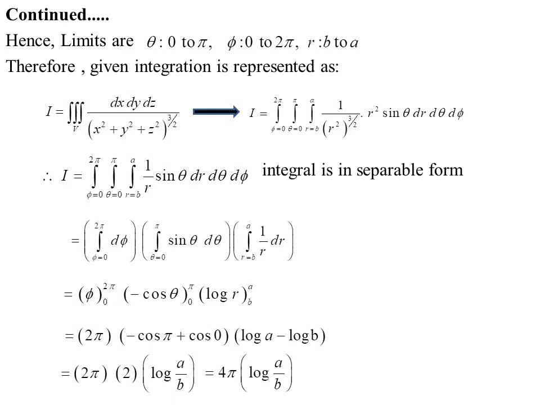So if you are observing, after conversion into spherical polar coordinates, the triple integration becomes quite simple, and we can immediately answer it. So whenever possible, try to simplify your triple integration in terms of spherical polar coordinates if limits are not provided.